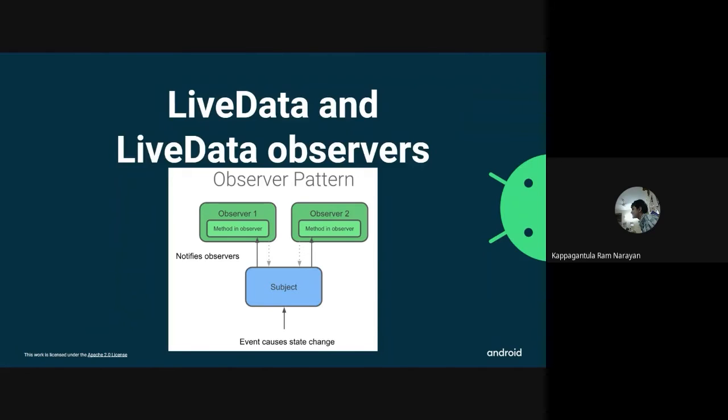Now, let's look at life cycle owner. Fragment views are going to get destroyed whenever a user navigates away from a fragment, even though the fragment itself is not destroyed. So the views inside your fragment, that is your buttons, your text view, your image view, all those are going to get destroyed, even if your fragment is not going to get destroyed.